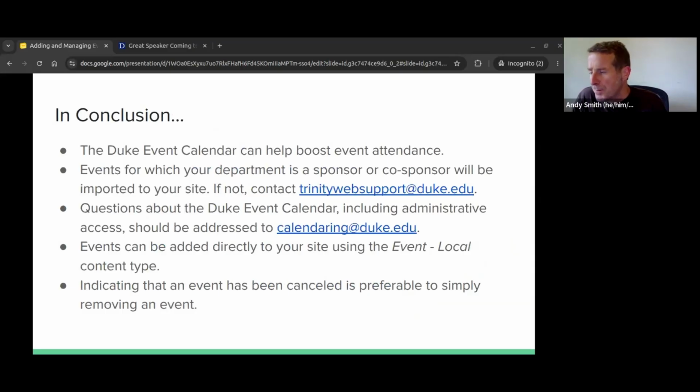So, in conclusion, the Duke Event Calendar can help boost event attendance. That's the primary reason for using that system rather than just adding all your events to your site locally. Typically more eyes are going to see that event on the Duke Event Calendar rather than just on your site. It's just a way to maximize the number of people who are seeing and potentially attending your event. Events for which your department is a sponsor or co-sponsor will be imported to your site. If you're not seeing that, contact Trinity Web Support at duke.edu. If you have questions about the Duke calendar, including who has administrative access for your group, those should be addressed to